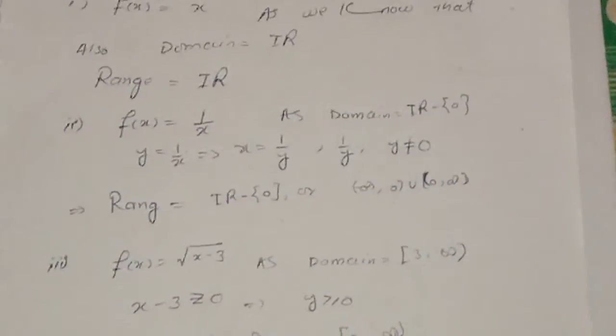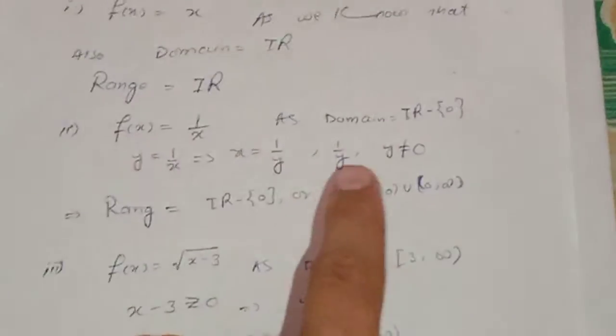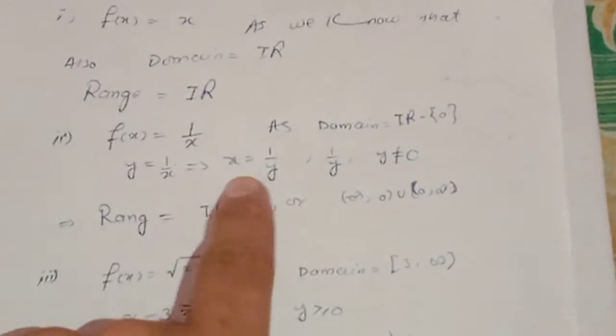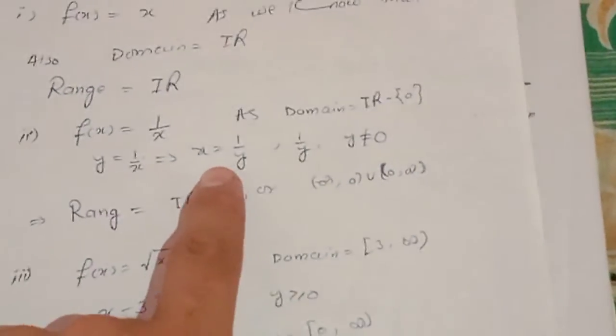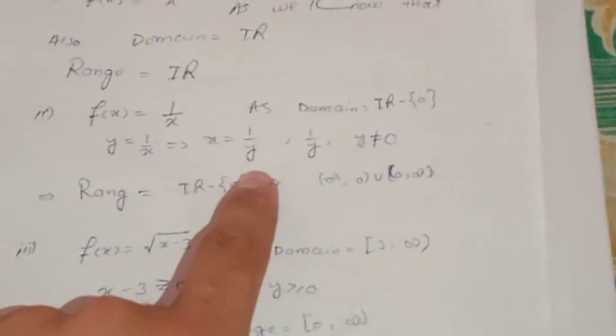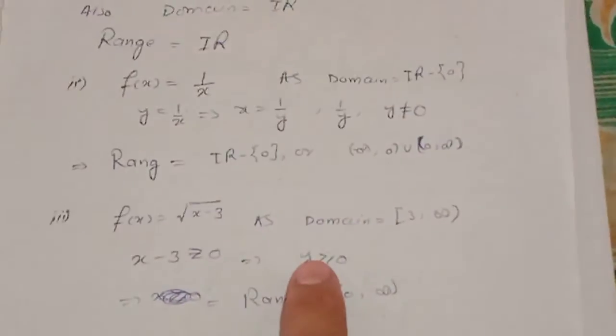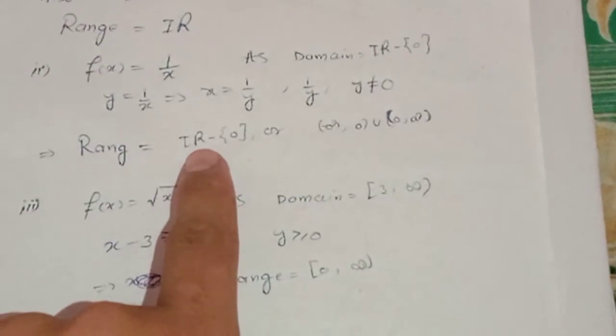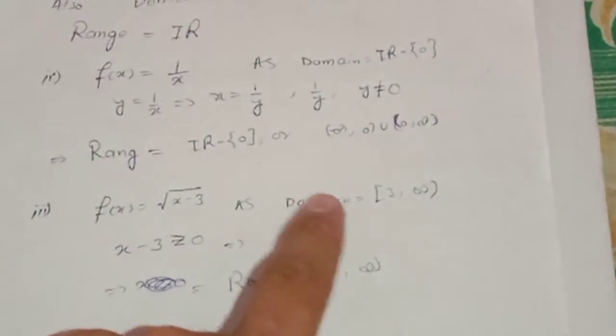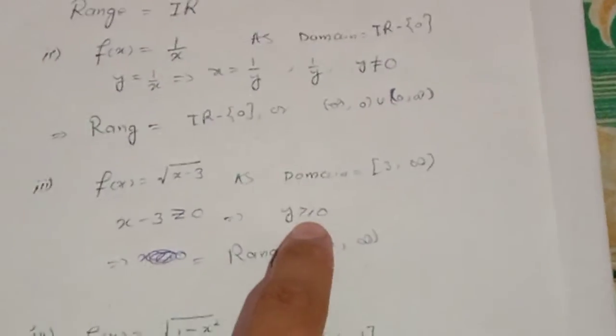Number two, if f(x) is equal to 1 over x, as the domain is all real numbers except 0, so y is equal to 1 over x, x equal to 1 over y, so y does not equal 0. So the range will be all real numbers except 0, or minus infinity to 0 union